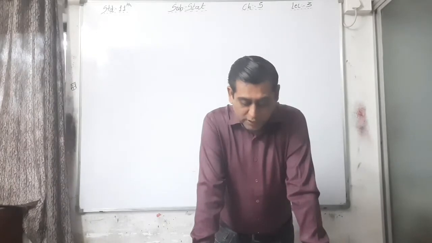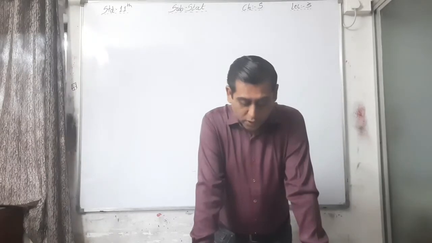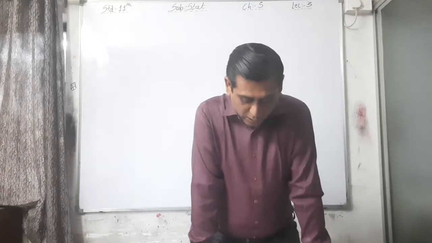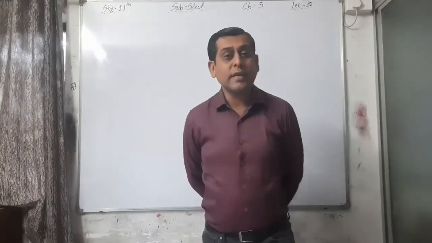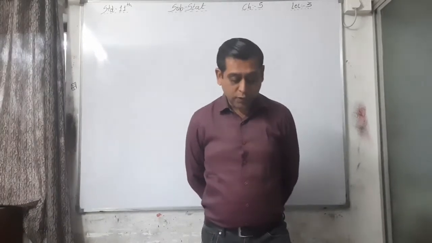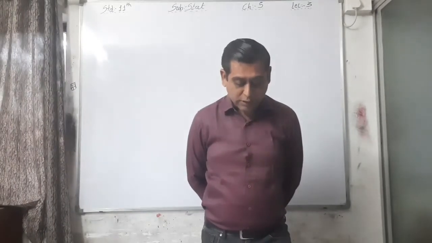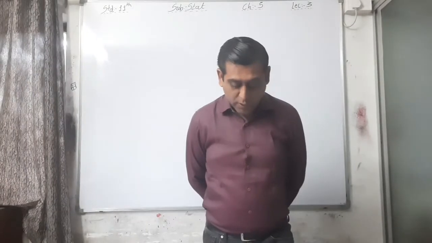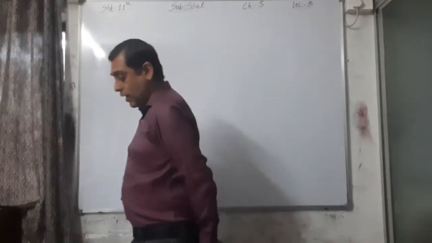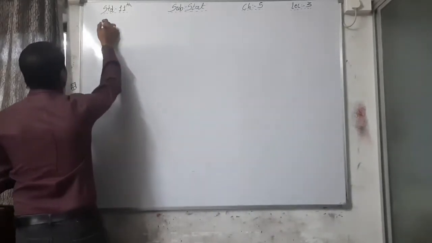Illustration number 2: find the skewness and coefficient of skewness by the Karl Pearson method from the following data about annual tax of 100 companies. Here we have to find the skewness as well as the coefficient of skewness from the continuous group data. Annual tax in lakh rupees: 0 to 20, 20 to 40, 40 to 60 and so on, and the number of companies: 5, 20, 40, 25, 6 and 4. Here class as well as frequency is given. We'll start our sum.